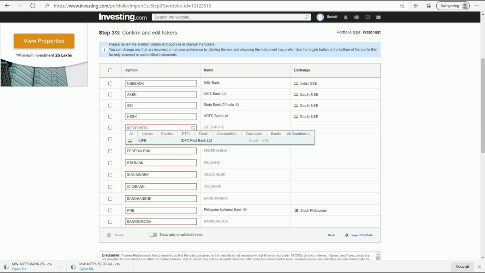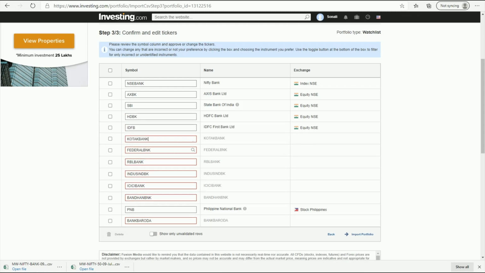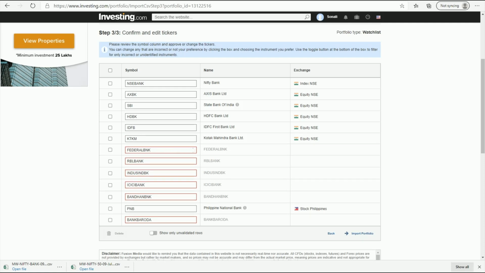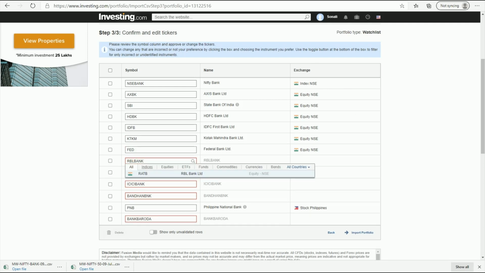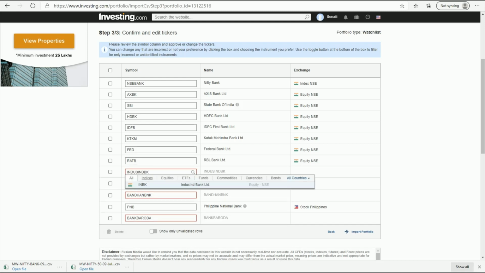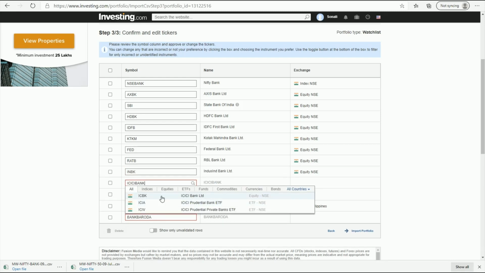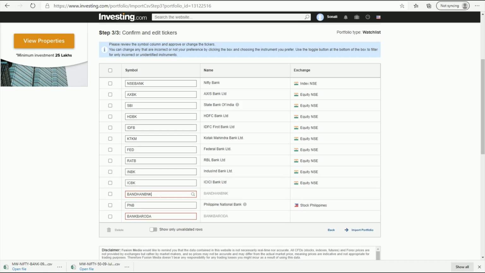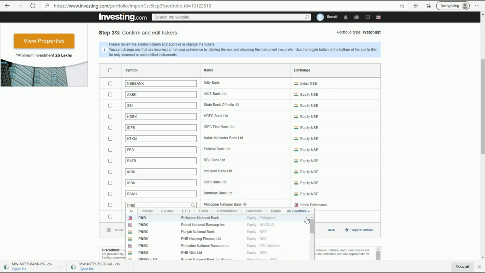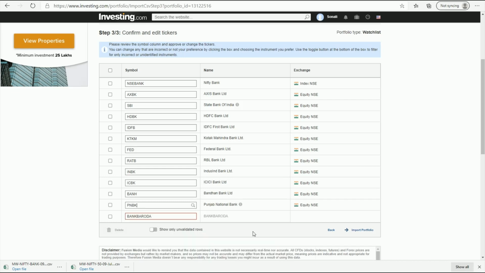Now once we select all the stocks, we have to make sure that all are in equity NSE. See here, PNB is showing some other country's stock. So we have to select the Indian flag, equity NSE.